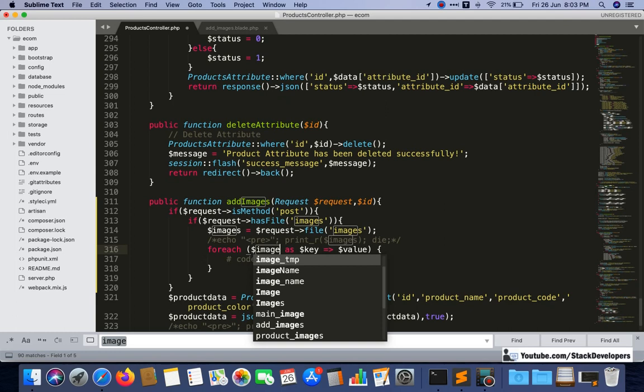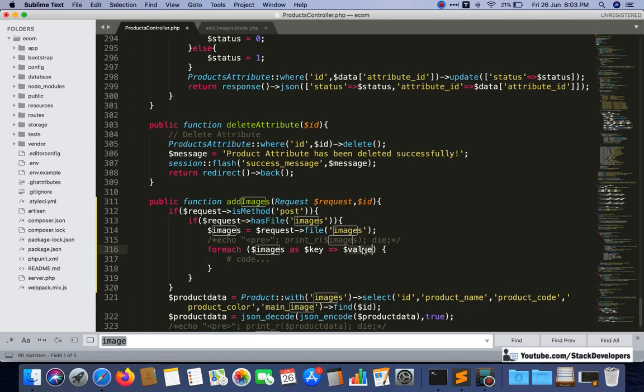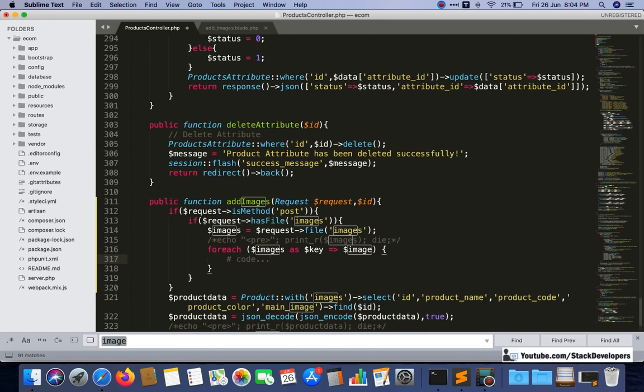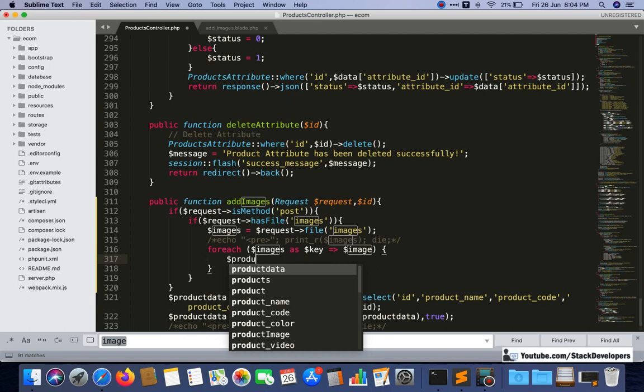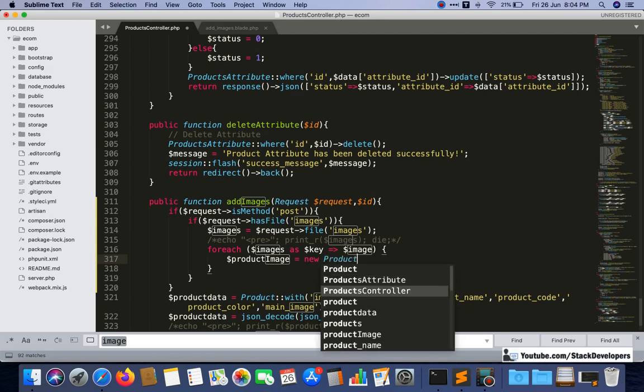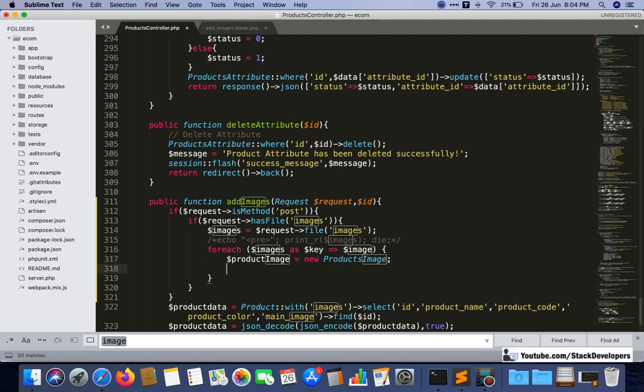Here I'm going to add $images, and here I'm going to add $image, and here I am going to write our code. See, the new image I want to add, so I will do it like this: product image equal to, because we are going to insert the new image in our product_image table, and its model name is ProductsImage. So we are going to write it like this.